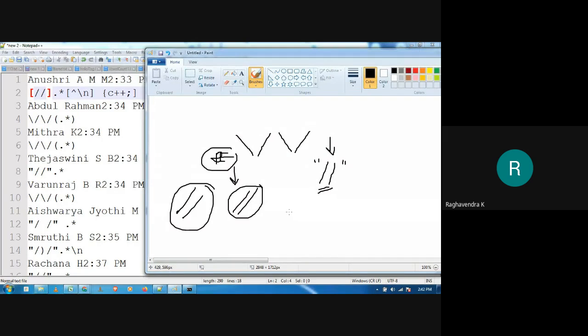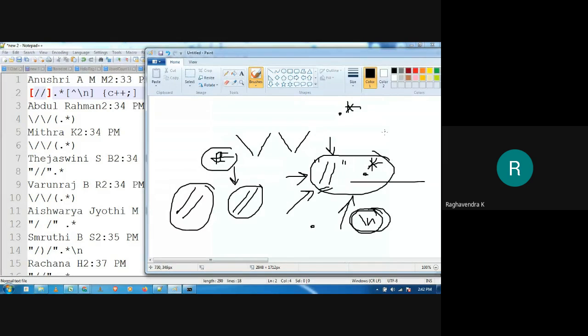This is what we are looking for first of all, and that is supposed to be followed by what? It can be followed by anything. You already know what we can write for anything: I can simply write dot, and that dot can appear any number of times. One more advantage of writing dot star is that dot does not match slash n; it matches everything except slash n. A single line comment is only one line, so it will not cover slash n. So this might be a better way to write our pattern for a single line comment.